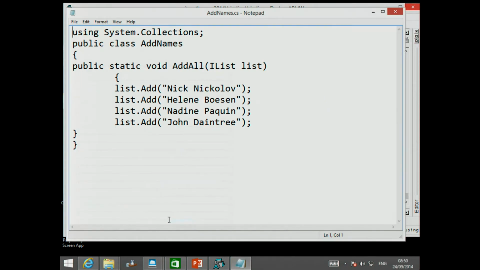Here is a snippet of C# code. What we've got here is a C# function that takes as an argument a thing called an IList, and what it does is it adds some elements to the list. It doesn't know what the list is, it just knows that it's got something called add in it that can take, in this case, strings, and something happens when you call that. So if we now compile that thing,